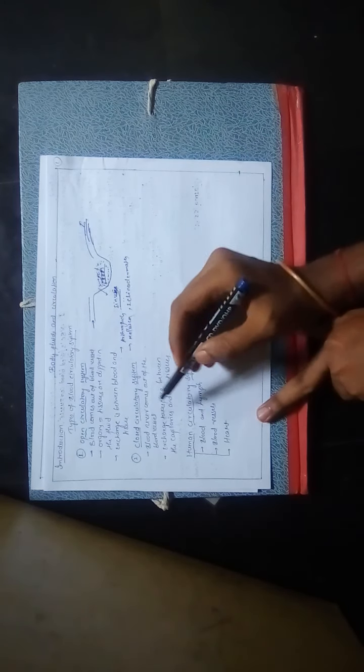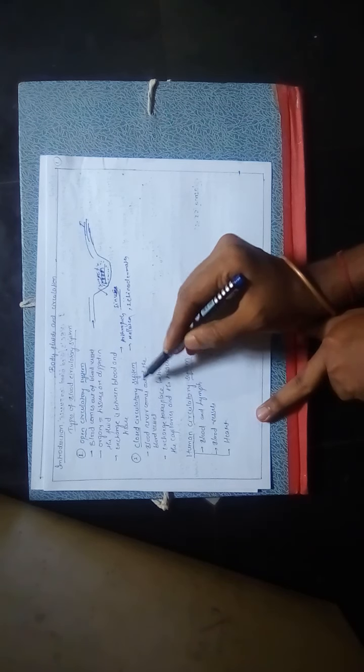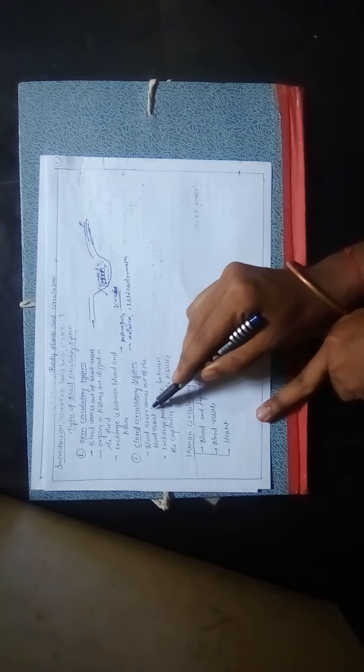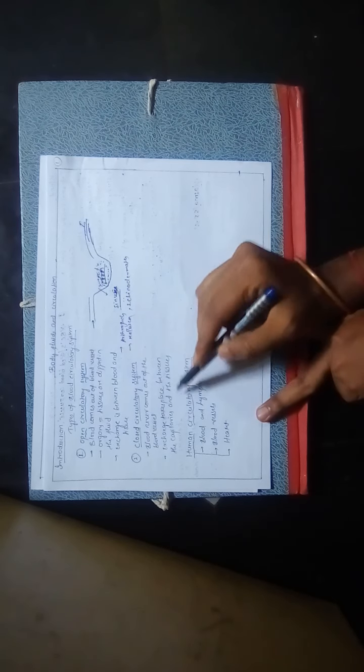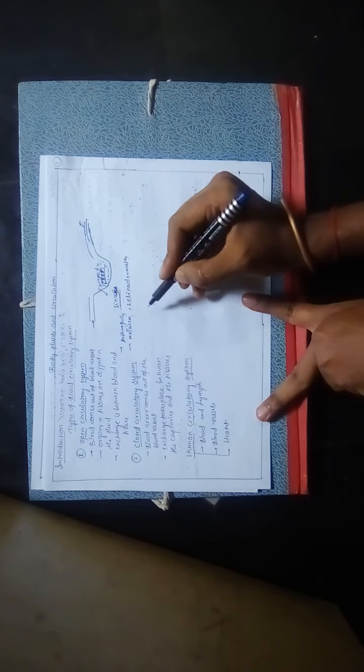The second type is the closed circulatory system. In this, blood never comes out of the blood vessel. Exchange takes place between capillaries and the tissues, right? Here